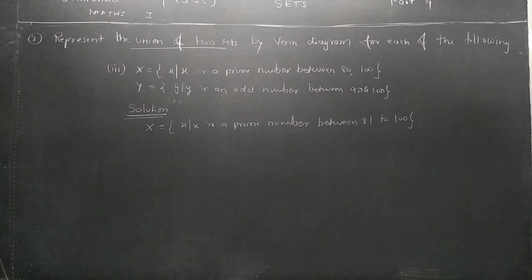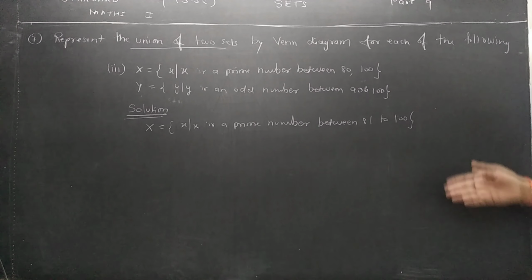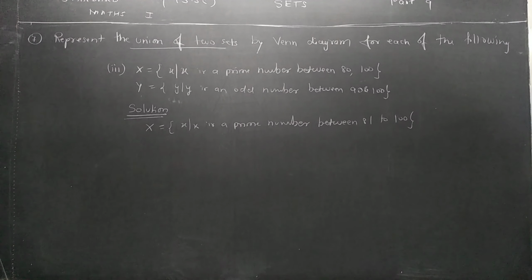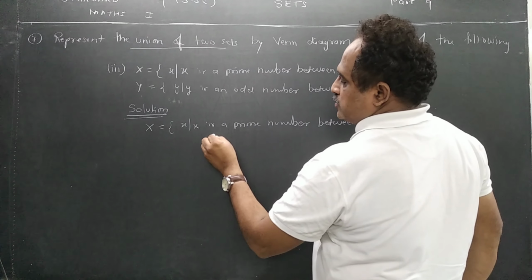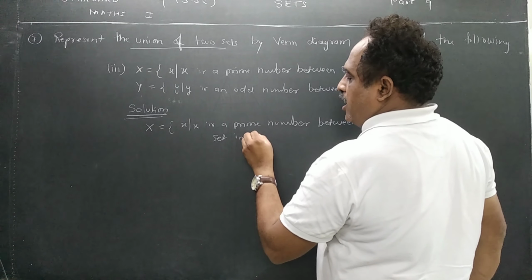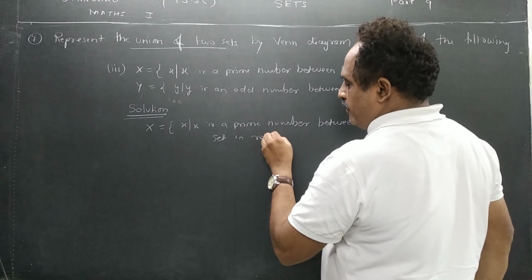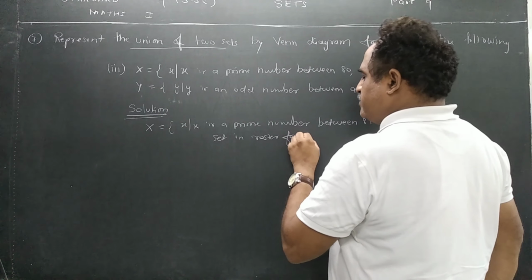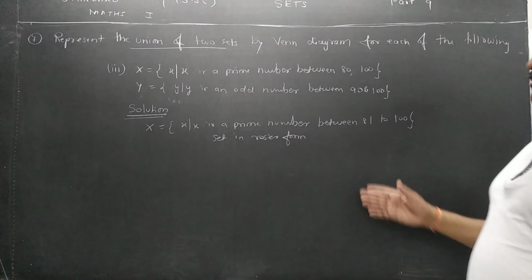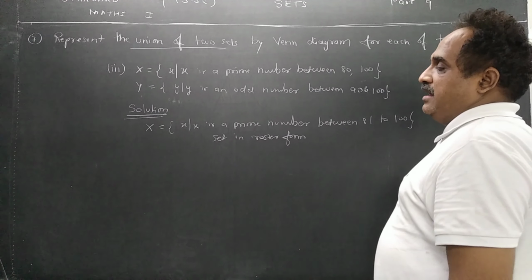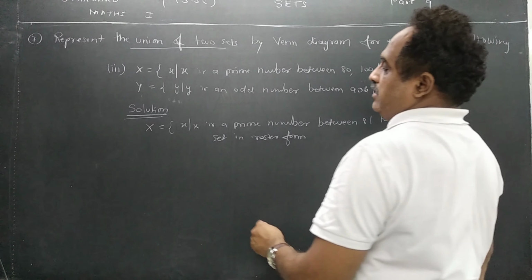But now you have to think, थोड़ा दिमाग apply करना पड़ेगा. They may change the value also. Okay, so we'll think for this question at least. So set in roster form, because roster form ज़्यादा clear idea देता है as compared to by rule method or set builder. This is set builder rule method, right?